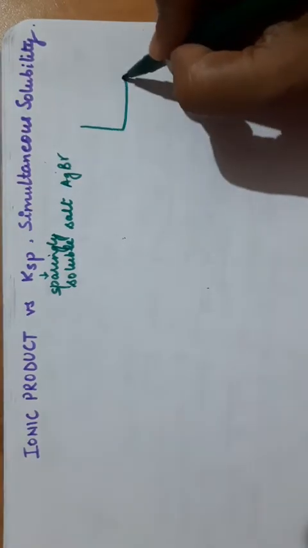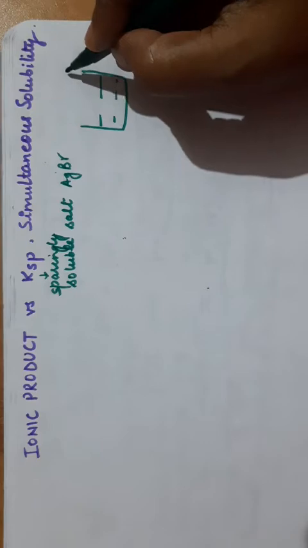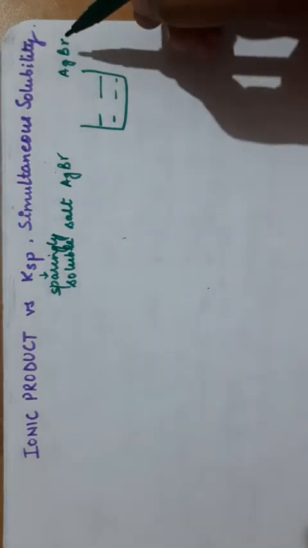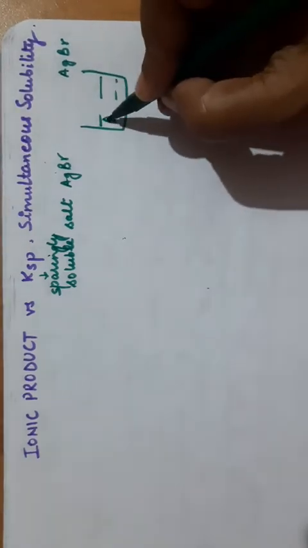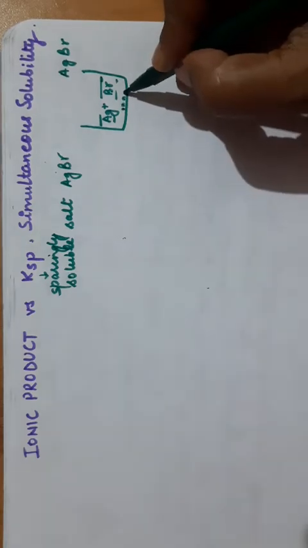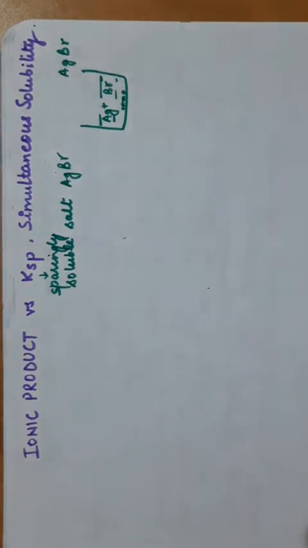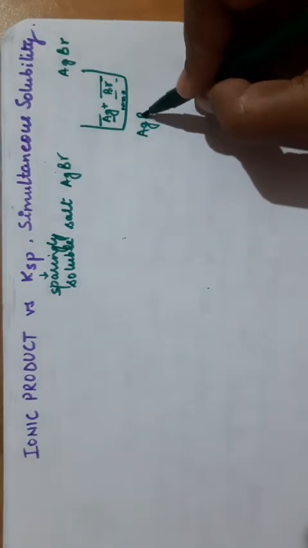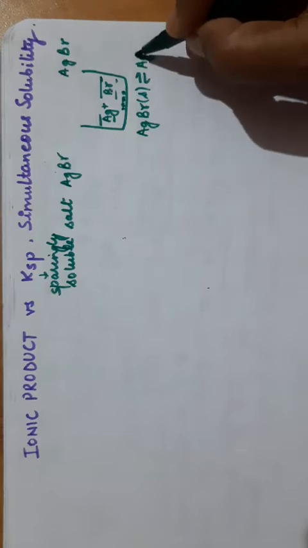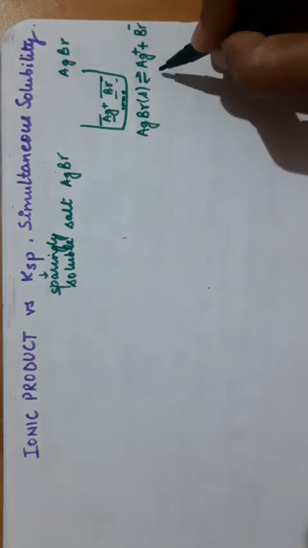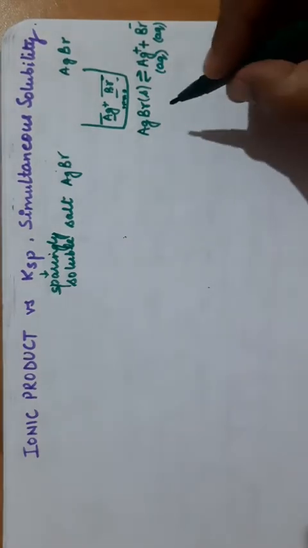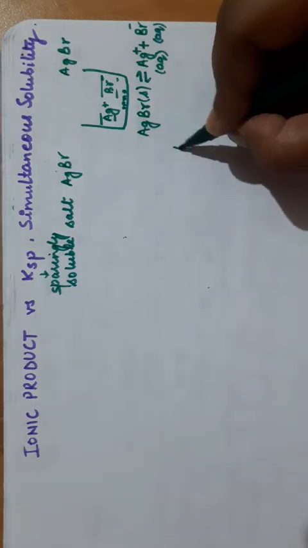If you have water in a container and you are adding AgBr to it, it is a sparingly soluble salt, meaning a very small amount will go into the solution. It will break into Ag+ and Br- ions, and some amount will be deposited at the bottom. So there will be an equilibrium between the undissolved salt and the ions in the solution. Clear? What you must know is,